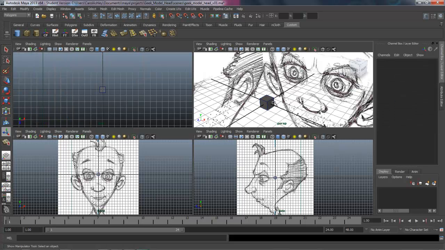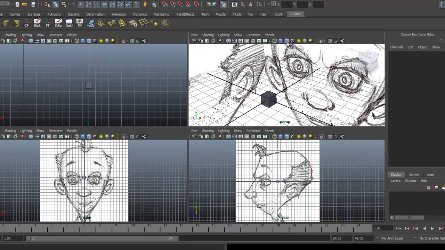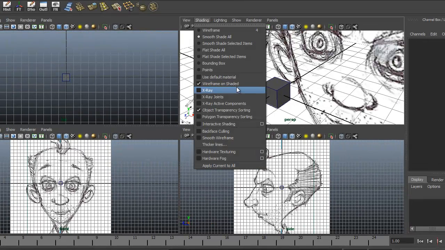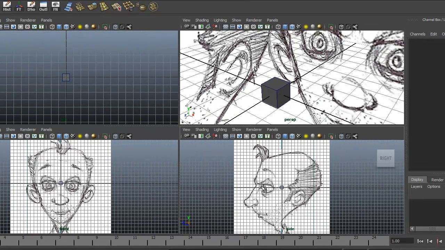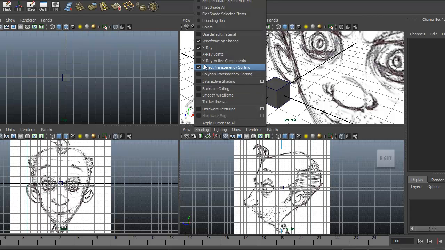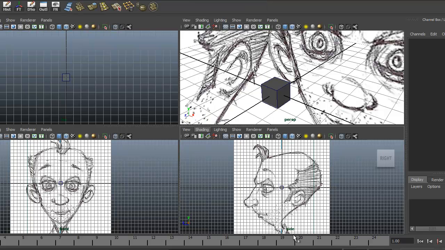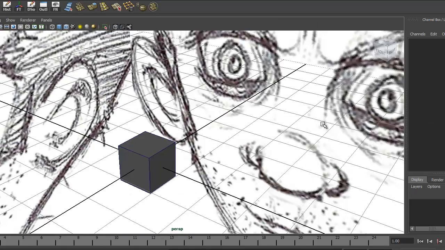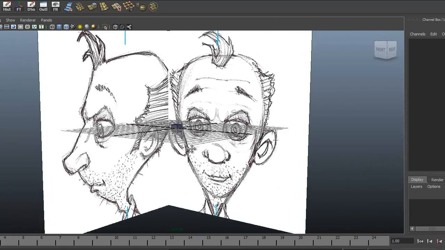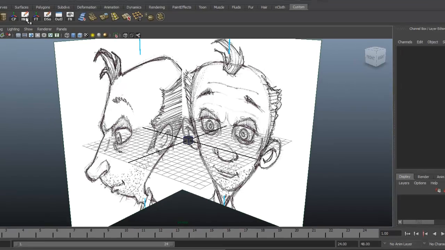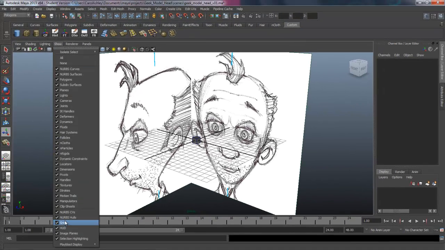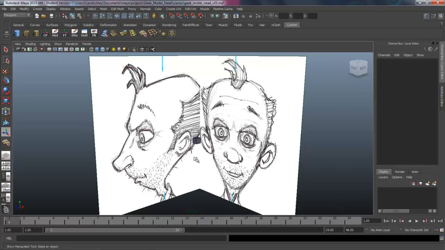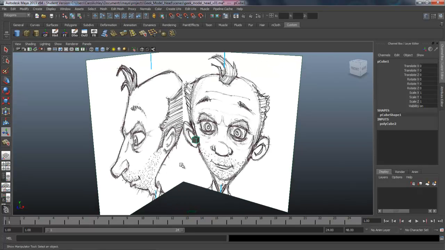I've hit 5 on the keyboard to go into shaded mode. I also have wireframe on shaded. And down here I'm going to do the same thing. I'm going to make sure that I have both wireframe on shaded as well as X-ray turned on. And this way we can see through to our image planes and model a little bit more efficiently. So just coming out here, I'm going to go ahead and just turn that grid off. We don't need that. So under show, I'm just going to uncheck grid